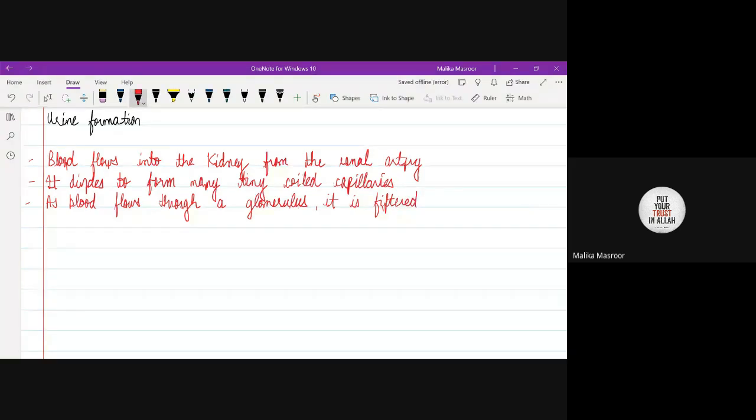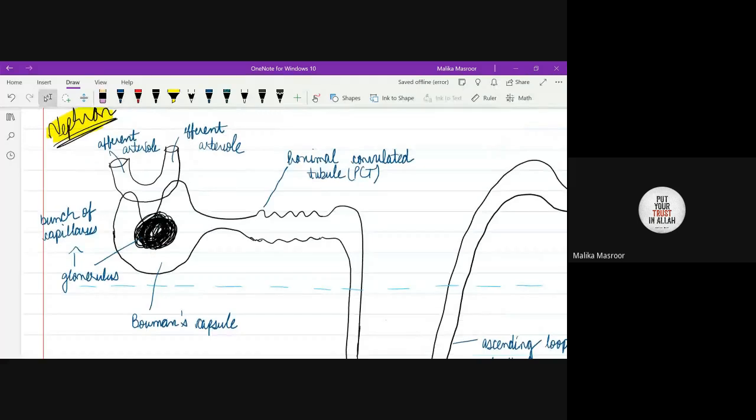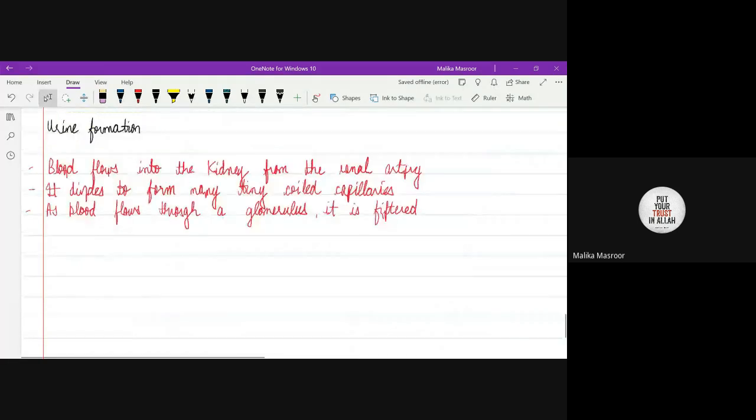Okay. Small molecules can pass through the filter, obviously. It's filtered at this point. So small molecules can pass through the filter, but large molecules and blood cells cannot. Okay, so what passes through the filter includes